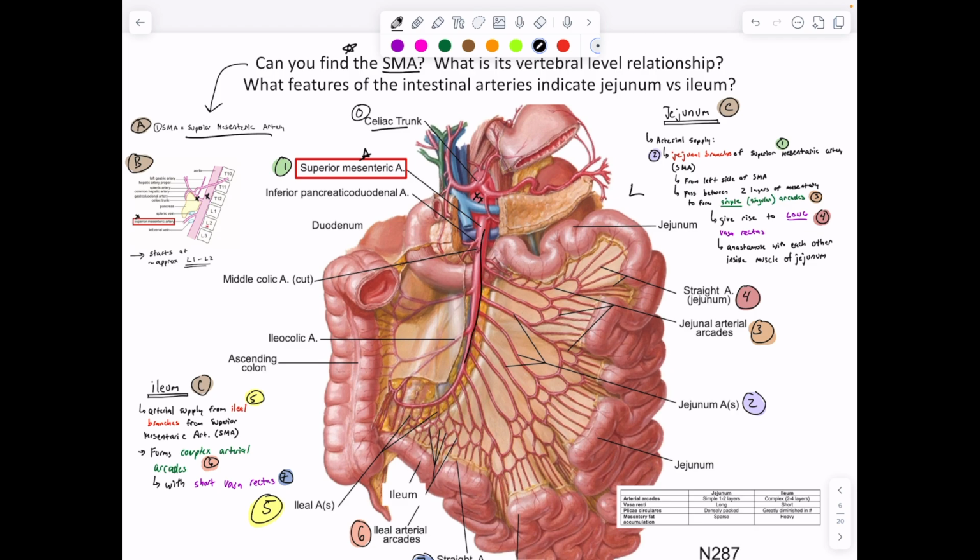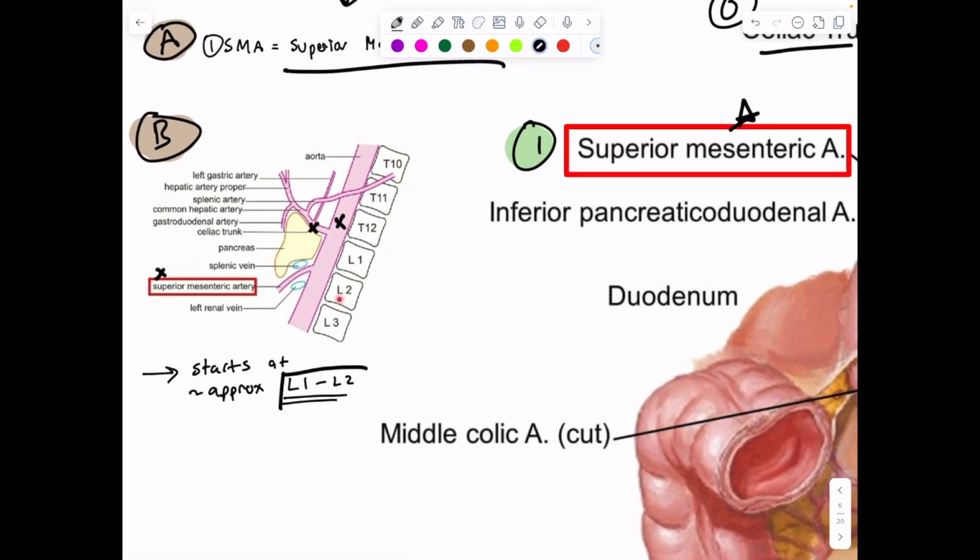We can see as we go down, you have branches coming off for the jejunum arteries that you can see will form arcades and then lead to long vasa recta. But this is coming off the superior mesenteric artery. What's the vertebral level? It's L1 to L2 approximately, where the superior mesenteric artery branches off of the descending